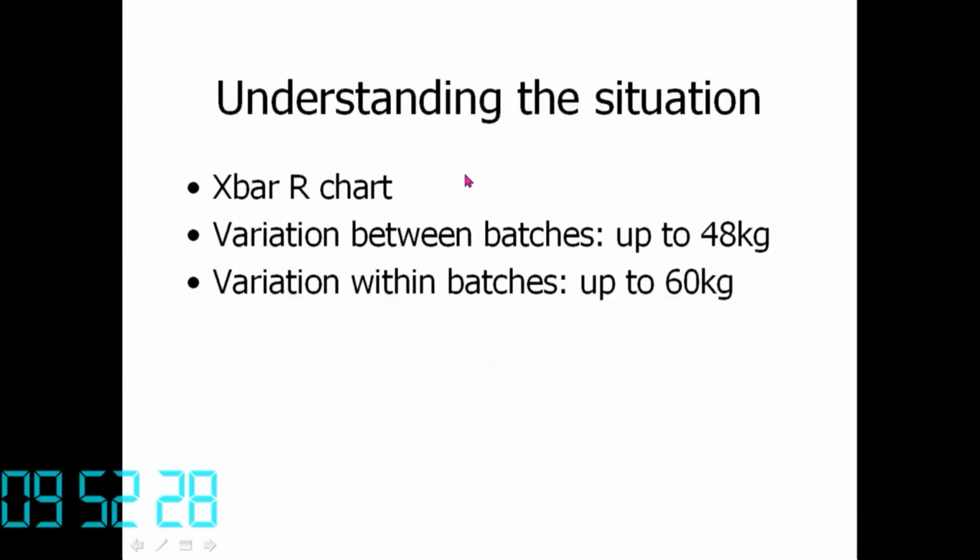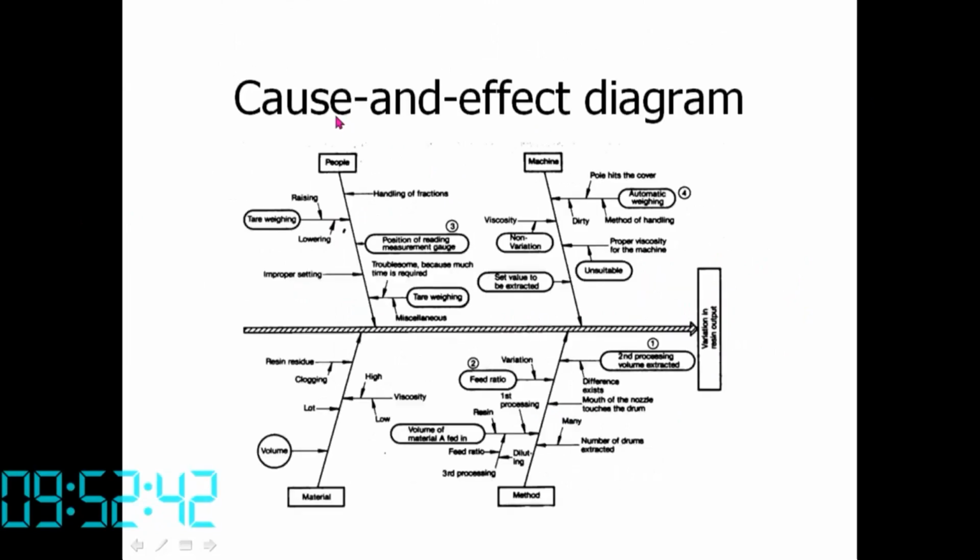So, understanding the situation. You used an X bar R chart: variation between batches up to 48 kg, variation within batches up to 60 kg. So, within a batch itself, there is a lot of variation. So, next step is to